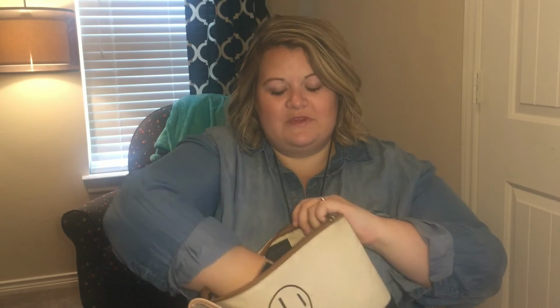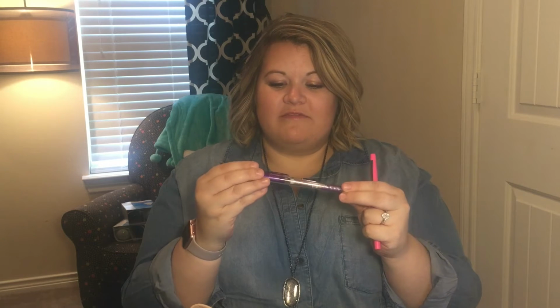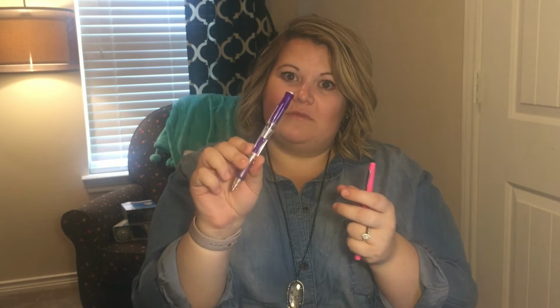I've got my pencils down here. Oh, a coupon for dog treats. This is just a Papermate Flare medium in a hot pink that I love. And then these are my favorite, the Papermate Clear Point pencils, mechanical pencils. They've got the twist up eraser. These are just my favorite, and I love them in the 0.5. I know, a little obsessive, but the thin